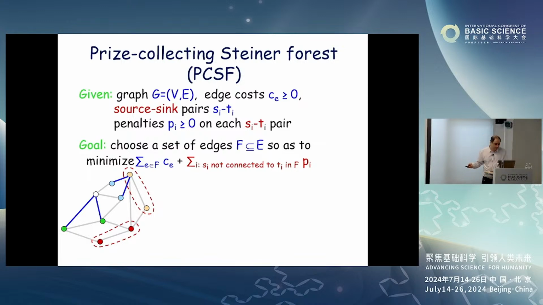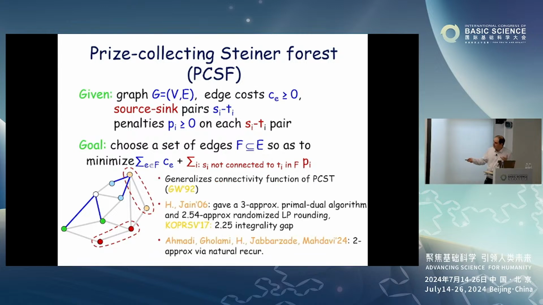This actually modest, I mean, the two approximations for collecting a Steiner tree